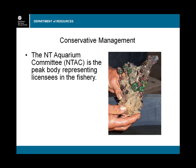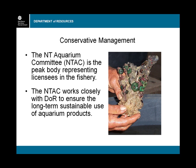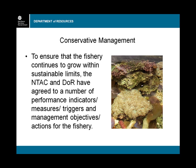To begin with, the Northern Territory Aquarium Committee is the peak body that represents licensees in the fishery. The Aquarium Committee works closely with the Department of Resources to ensure the long-term sustainable use of all aquarium products. To ensure that this fishery continues to grow within sustainable limits, the Aquarium Committee and the Department of Resources have